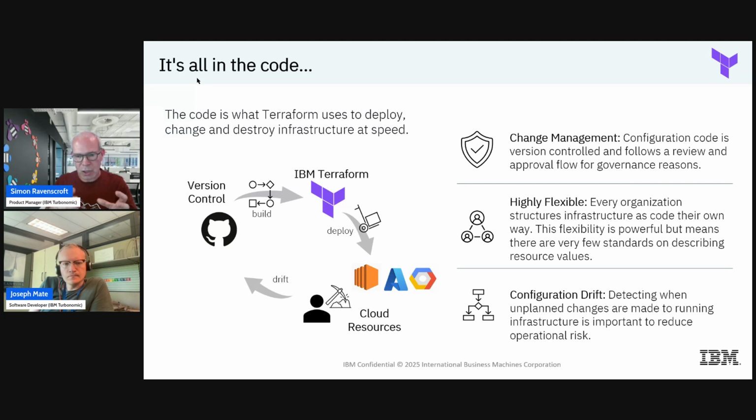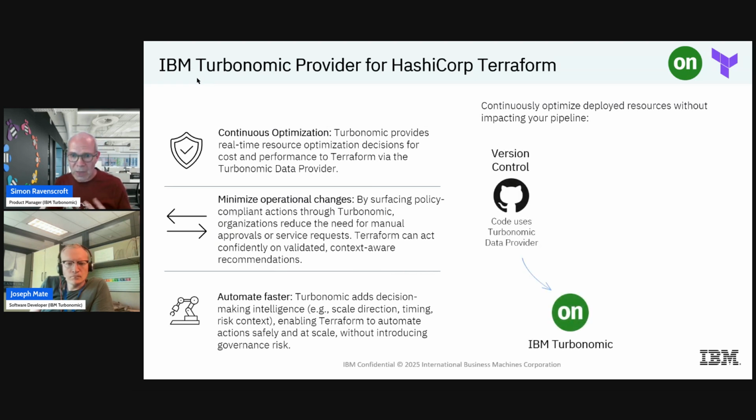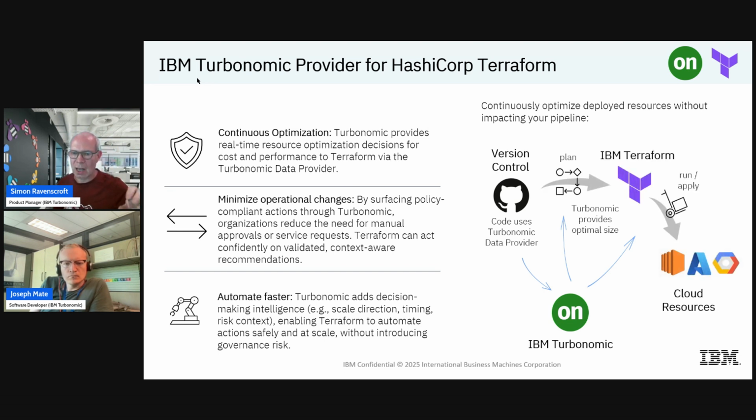So one of the things with Turbonomic, being a dynamic resource manager, is that it's actually operating on the deployed instances. So if it's enabled to automate or you execute, it will actually create that drift for you. So what I wanted to do was get into some of the solutions that we've got to address that. And the first one is the IBM Turbonomic Provider for HashiCorp Terraform. And so this allows you, as an engineer, to code in the use of the Turbonomic Provider, which is essentially saying, for this particular resource, I want to delegate responsibility for managing that resource in terms of its resource values, the instance types, and cloud tiers to Turbonomic,